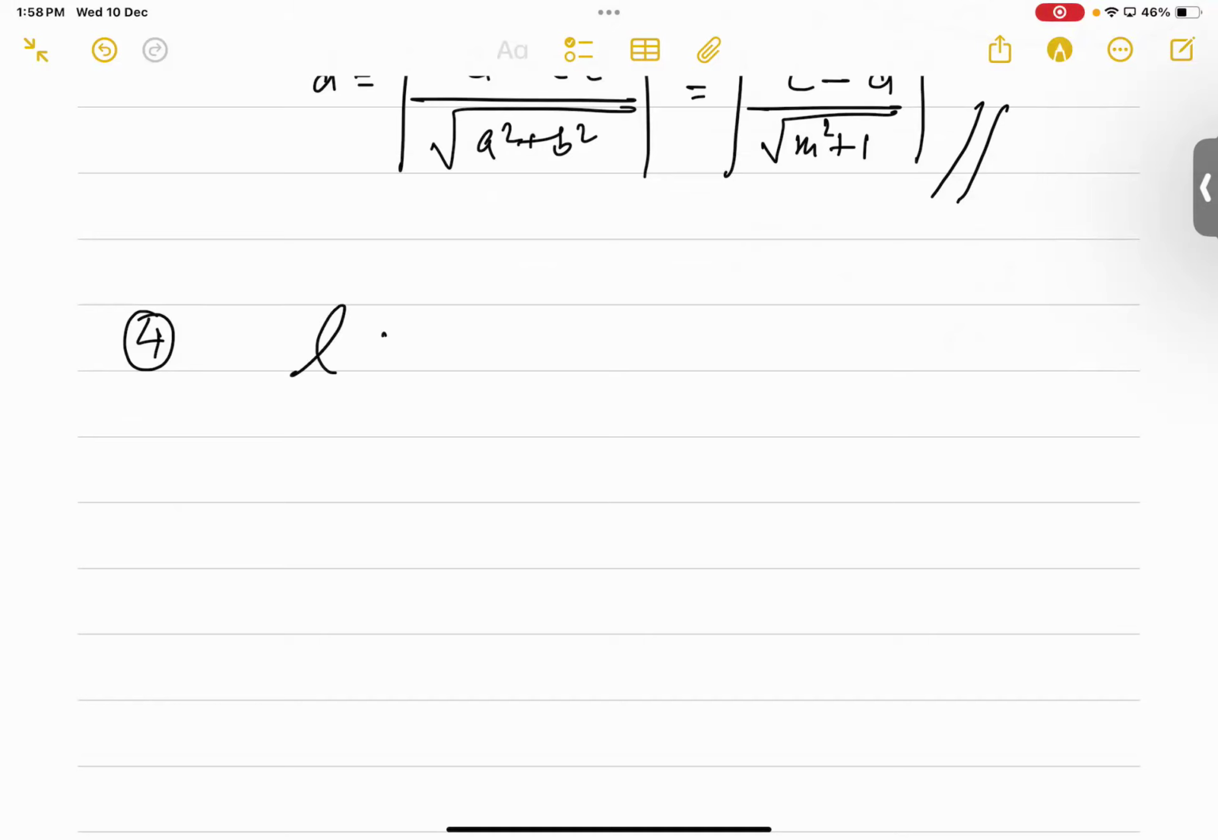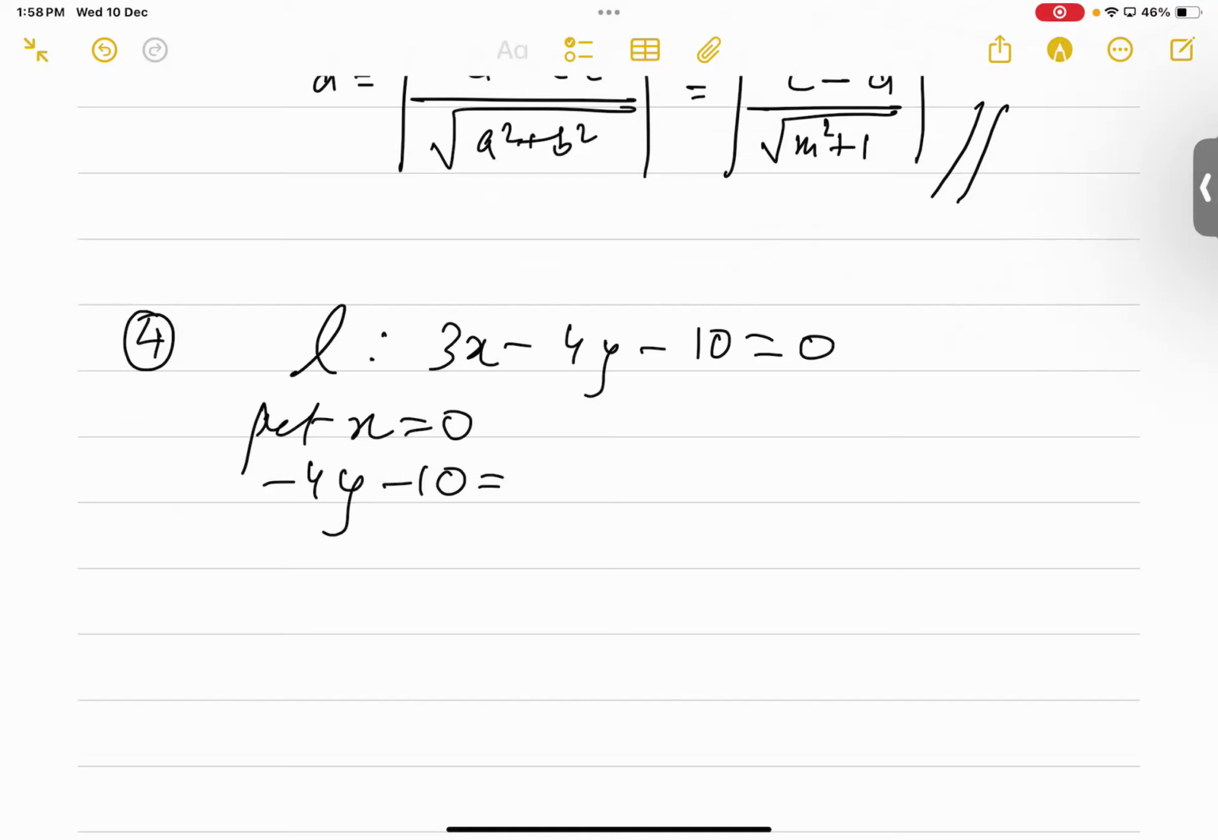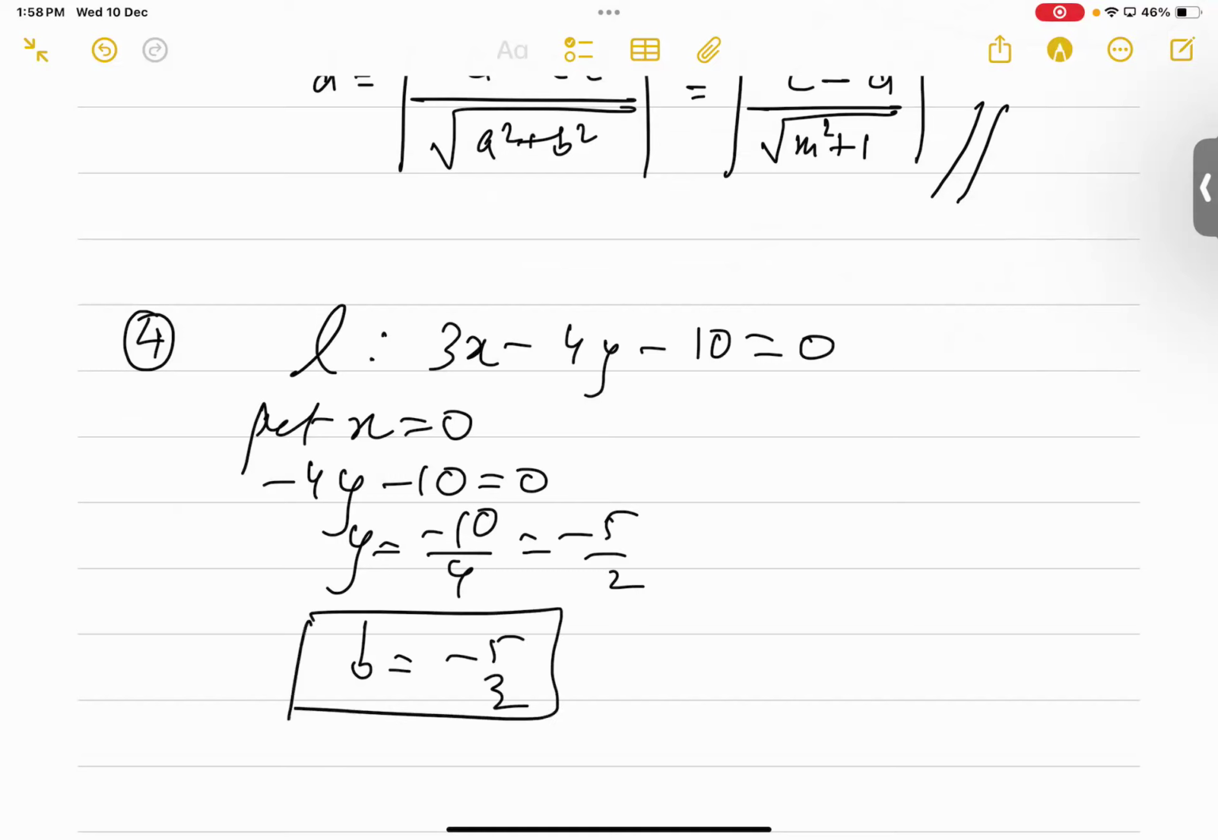So now see, the line is 3x minus 4y minus 10 is equal to 0. Put x is equal to 0. Minus 4y minus 10 is equal to 0, so y is equal to minus 10 upon 4, which is minus 5 by 2. So this is what? The y intercept. And to get the x intercept,